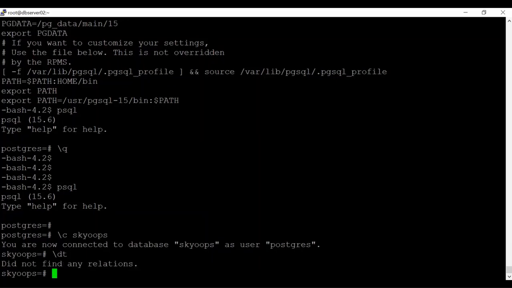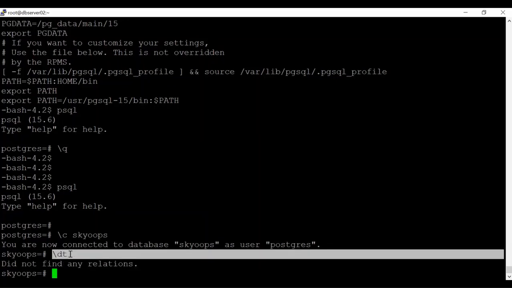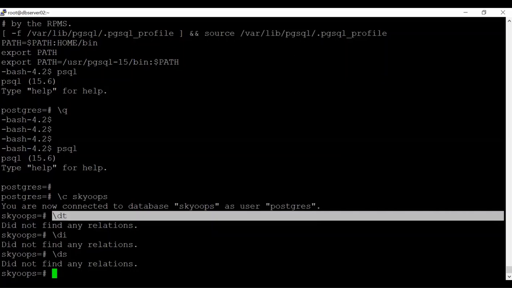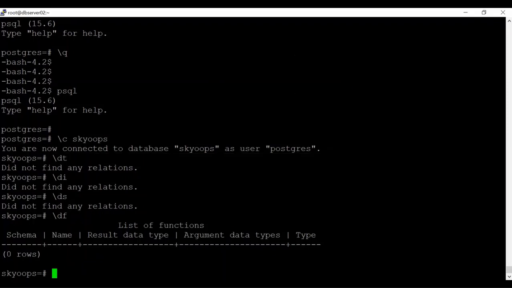Okay, \dt is to find your tables, and \di is to find your indexes. \ds is to find your sequences. And \df is used to find your functions. So like this you can find all your objects very easily. You can even find them from the view pg_class or pg_relation. So you can find what objects and what object types you